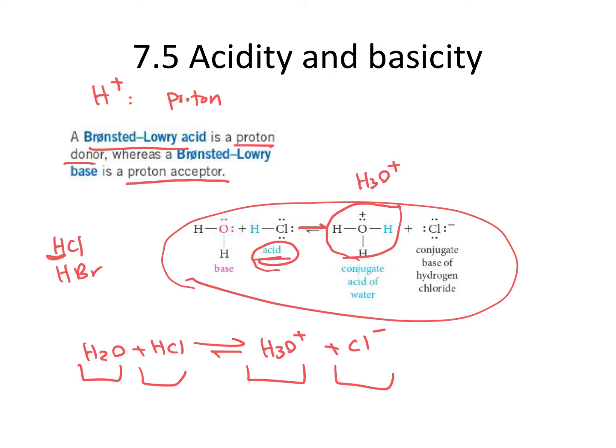And if you have an acid and it loses the proton, we call the equivalent on the other side of the equation the conjugate base. So remember, if HCl is an acid, Cl minus should be a base, okay? Or here, H2O is a base in this example, and H3O plus, the equivalent when it gets a proton, is the conjugate acid. Any question about that? Good?